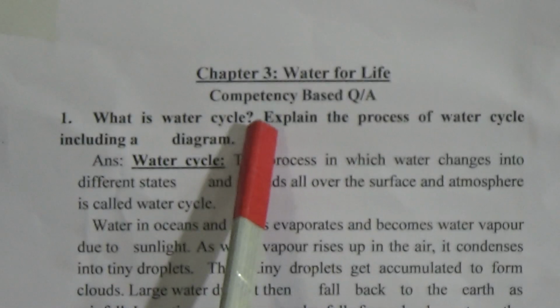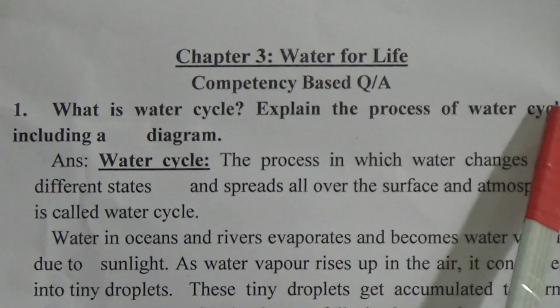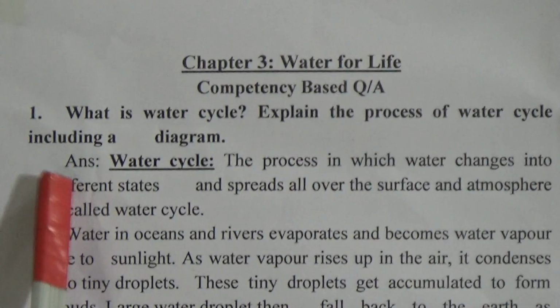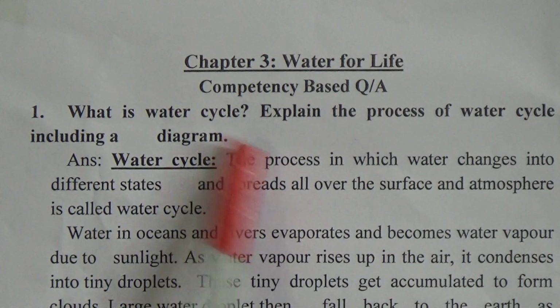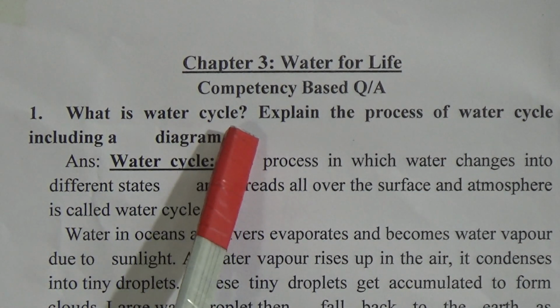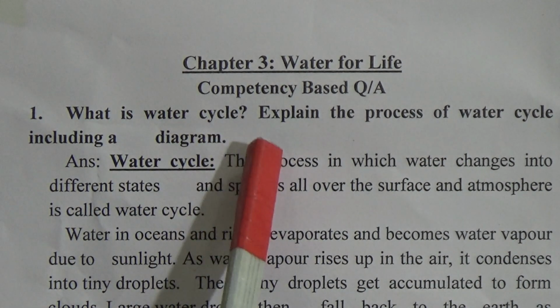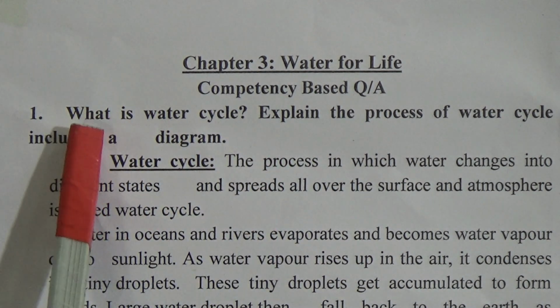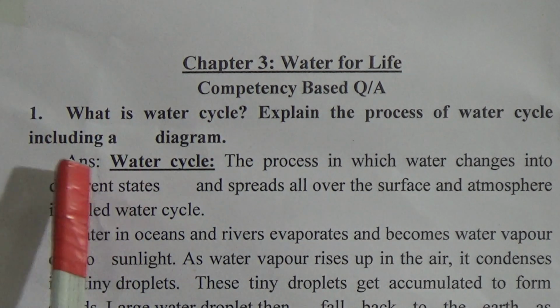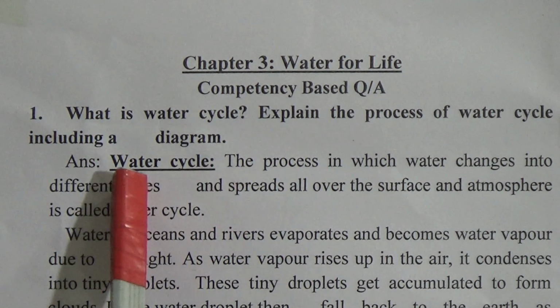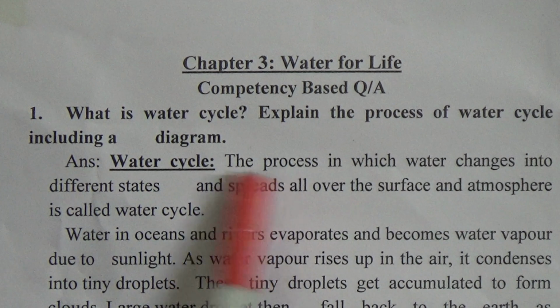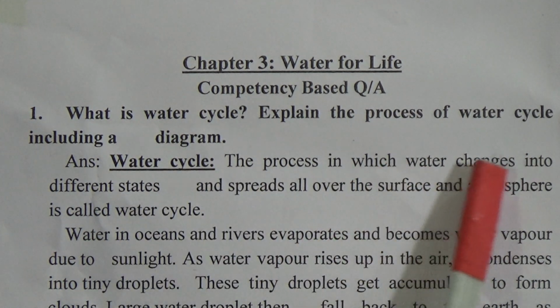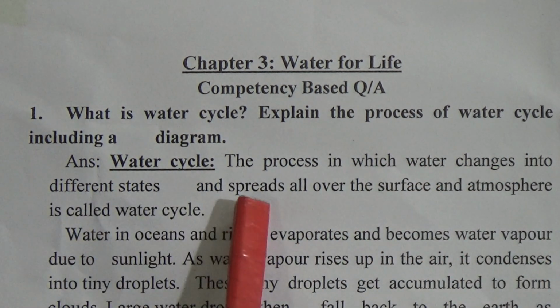Come to our first question. The first question is, what is water cycle? Explain the process of water cycle including a diagram. Dear students, for this question answer you have to draw the diagram. No need to color it, draw just an outline and give the labeling. The answer of the question is: water cycle, the process in which water changes into different states and spreads